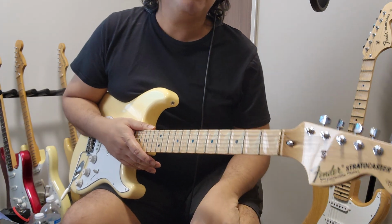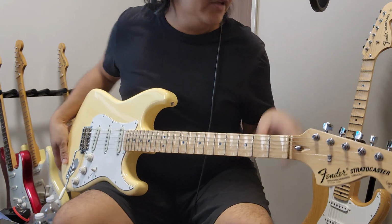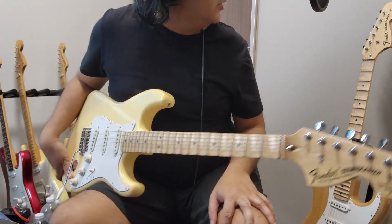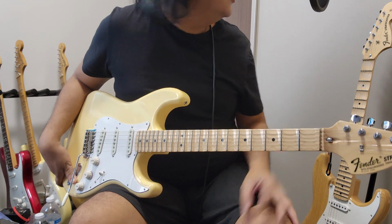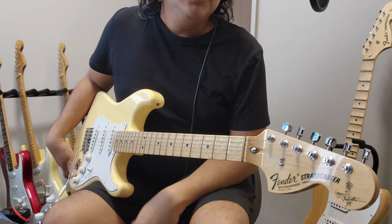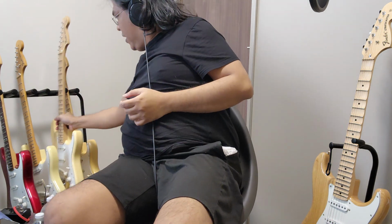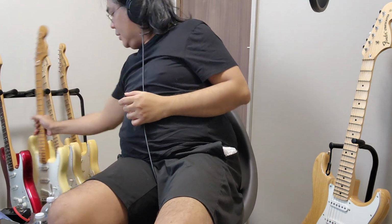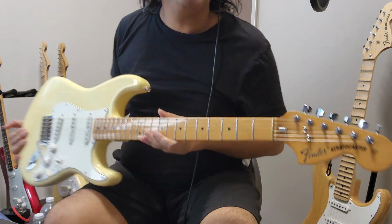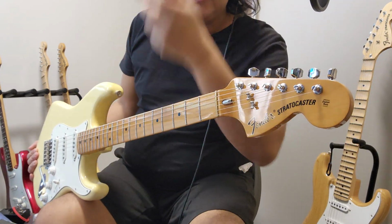Unlike the Fender Japan ones, they're going to be the same. So how did I know that the new Fender Japan traditional twos have a nicer shape? I mean, slightly, almost the same as the USA one, because I have two Fender Vintera 270 Strats already, and the shape on this is exactly the same shape